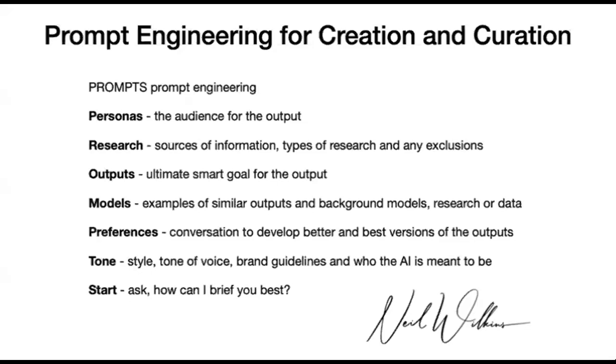The second P in prompts is for preferences. P for preferences, the conversation to develop better and eventually best version of the outputs. So get into the conversation. The more you do this, the more you build the threads. I'm particularly thinking of ChatGPT, which works very much on a threads basis. Get into that conversation thread and stay in the thread, because it will continually learn from the little nuances and the tone of voice and the style with which you communicate with it. It is very human-like in that regard, so don't forget that.